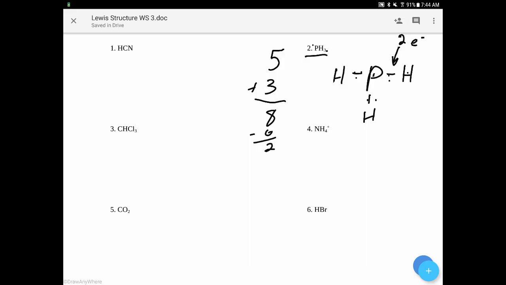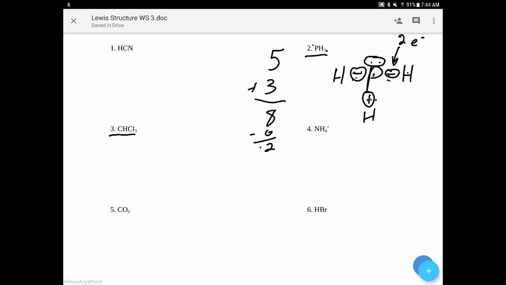Phosphorus, however, is not happy right now. It has 1, 2, 3 bonds, which means it has 6 total electrons around it. So what we have to do is take these 2 electrons that we still have and put them as lone pairs around the phosphorus. So now the phosphorus has 2, 4, 6, 8 electrons around it, so phosphorus is happy. Hooray. All right, next we're going to do this one here,